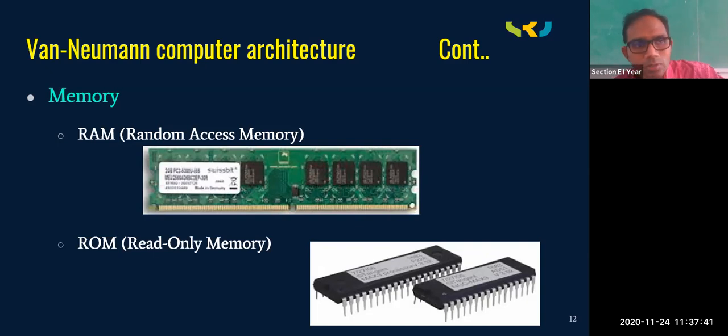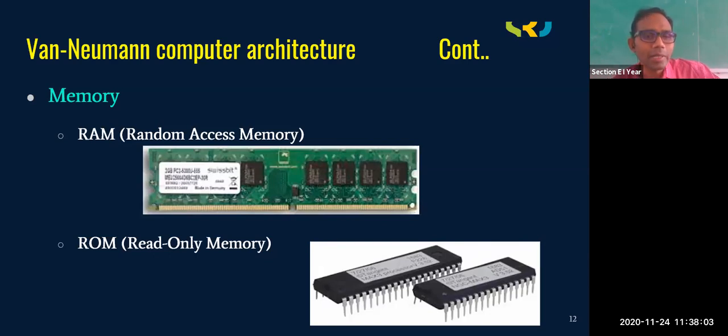Coming to RAM, RAM is also the same thing, random access memory. Now, if you want to watch a movie, the movie must be loaded onto RAM. Then only it can be viewed on the screen. If you want to execute a program, the program must be loaded onto RAM. Then only it is going to get executed. So any program, in order to get executed, must be loaded on RAM.